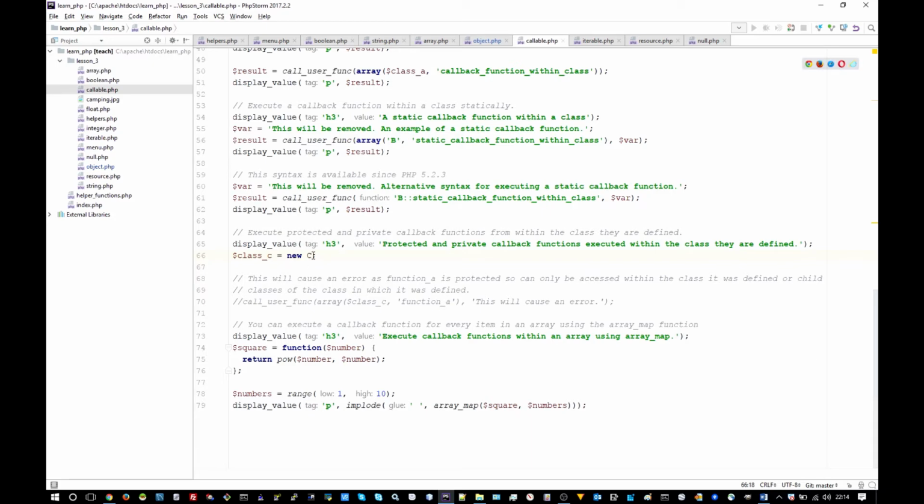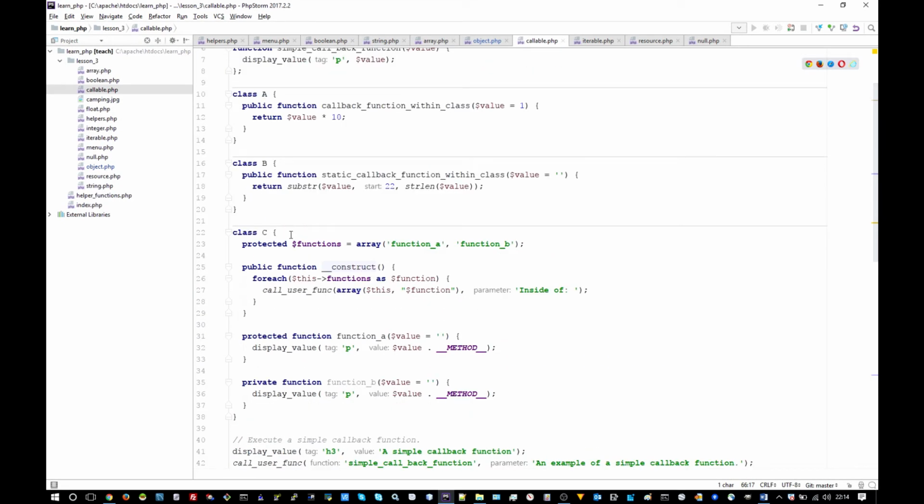So here we are instantiating this class here, which has a name of C, which we can see is up here. When we instantiate it, it's going to run its construct method. If you watched the previous step of this tutorial, you'll remember me saying that when you instantiate a class, its constructor method, its underscore underscore construct method, is executed immediately each time. And what this does here is it